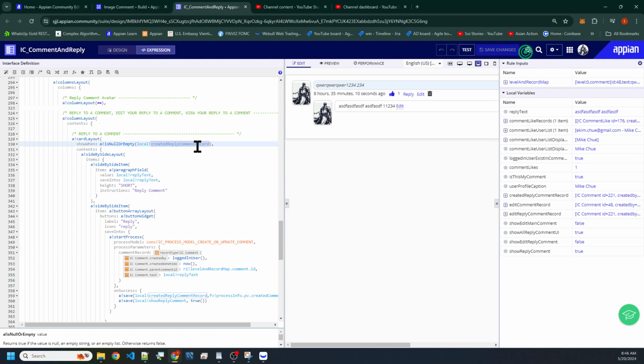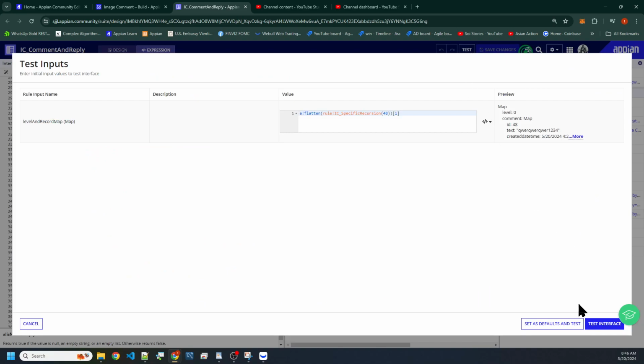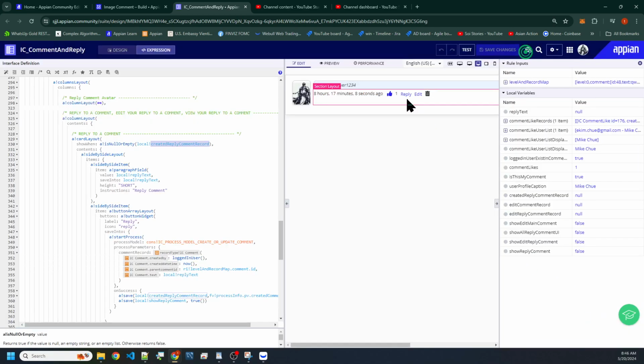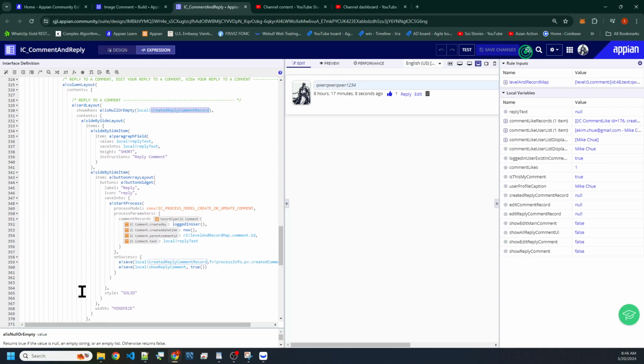That's the only time that we want to show this. Yeah, the only time we want to show the ability to update this is when there's no comment. So let's go to test here, and let's prove this. If we click on reply, it should only now, because there's nothing in here in create reply comment record. There's nothing in here. It's going to display this piece of it,